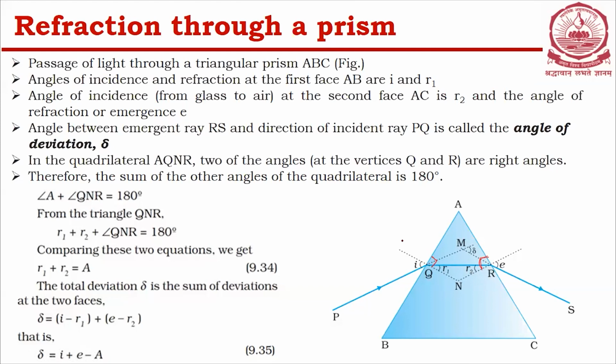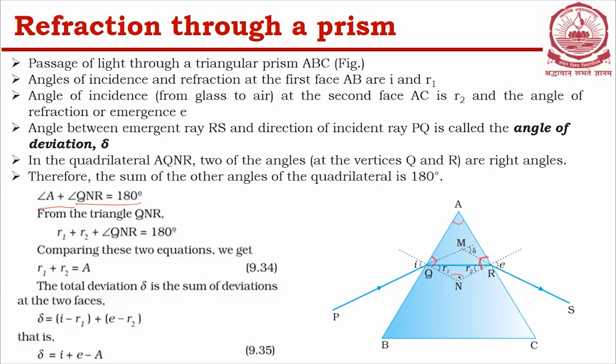So the sum of the other angles is 180 degrees. This is 90, 90, so 180, and these two angles will be 180. That means angle A and angle QNR should be 180 degrees. So the total is 360. And from the triangle QNR,